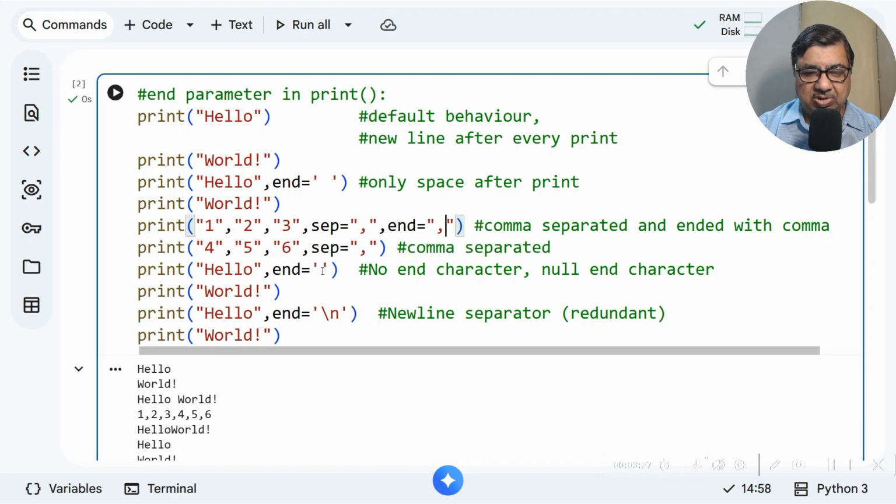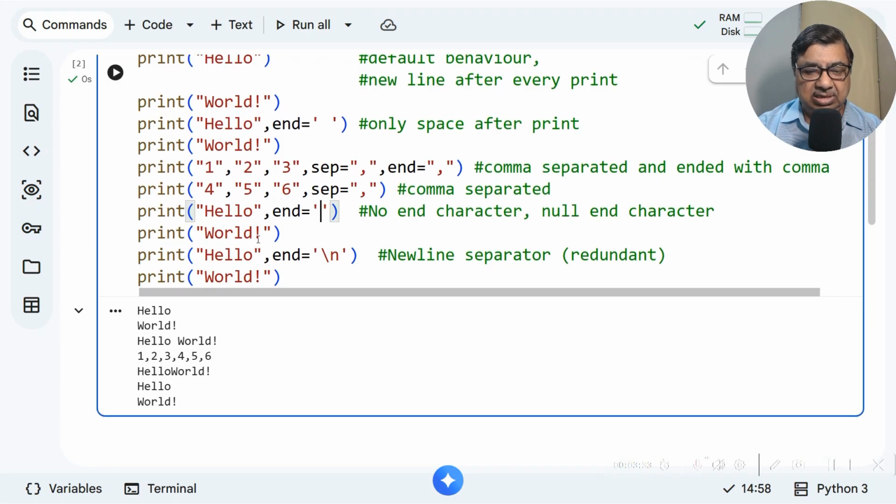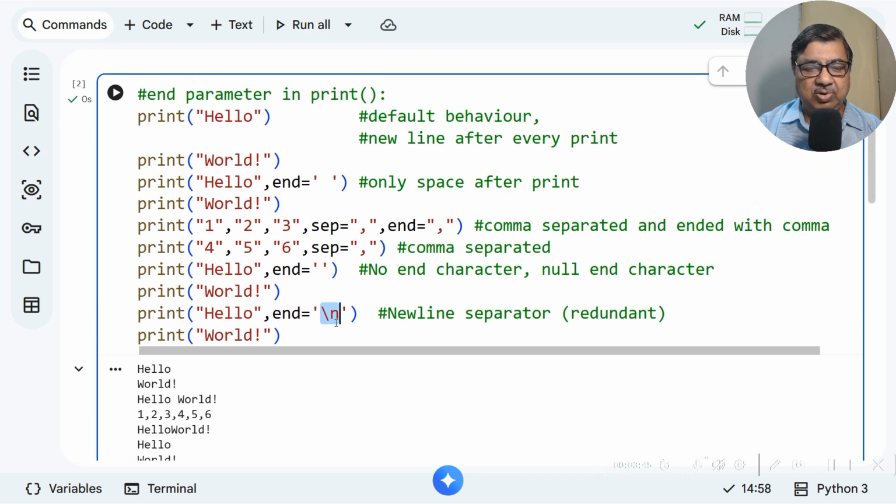This hello world, because end is a null character, no end character, so hello world has come in one single stuck up and attached to each other kind of sentence. Then hello world in two lines because of this new line character. Right? Quite simple to understand. So in this particular thing, separator and end character both have been explained to you.